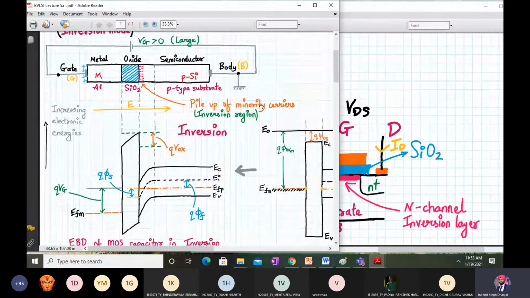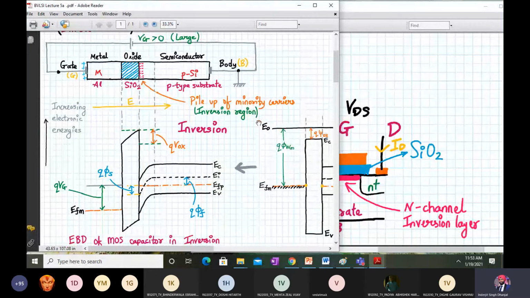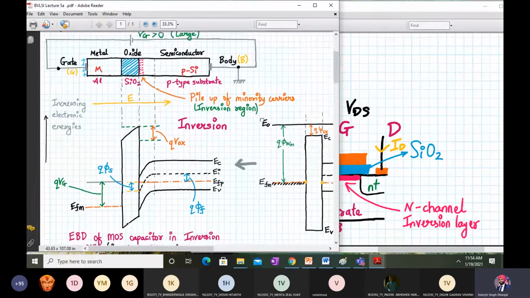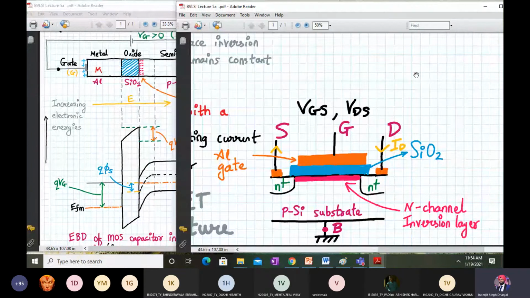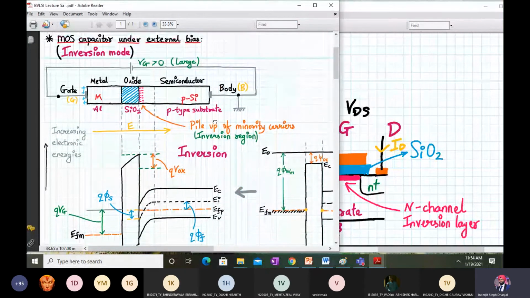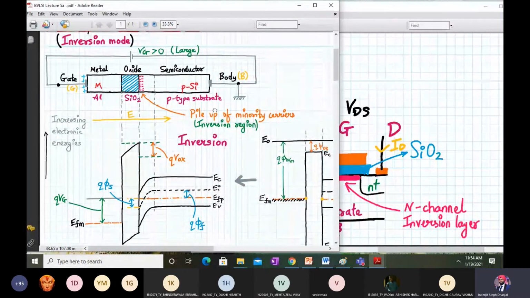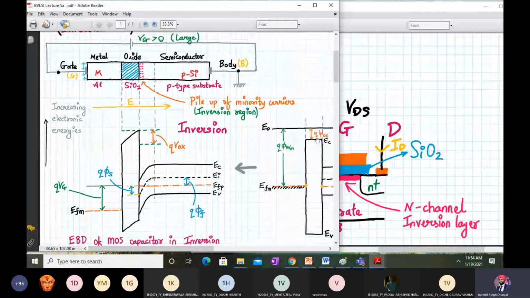If you have any doubt, you can raise your hands or type in the meeting chat, or else we will have a 30 second biological break. I'll wait for any queries. Okay, I guess there are no queries regarding this inversion layer. We have to revise this topic once more, read it, and go through this PDF once to understand it thoroughly. Drawing this on a piece of paper yourself will help you a lot.